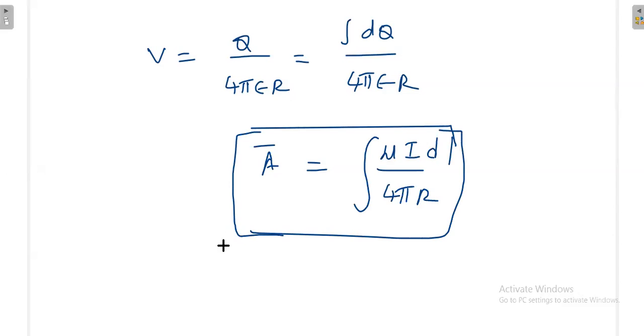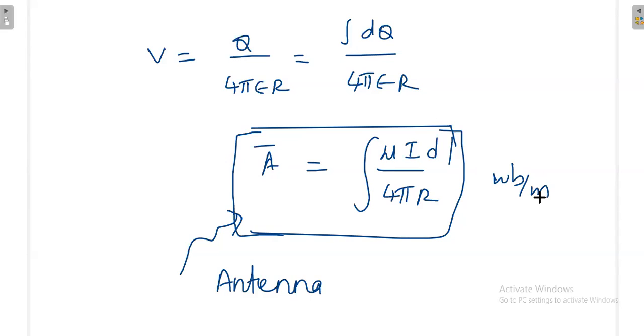Why? Because this is very, very important. This is the starting point for antenna. You take the antenna textbook, you see that when they started deriving the electric field and magnetic field due to the antennas, lambda by 2 dipole or Hertzian dipole, then this will be the beginning. The vector magnetic potential will be the beginning for that length derivation.